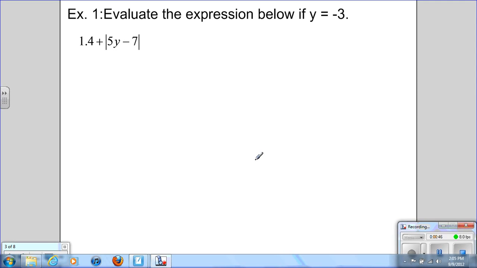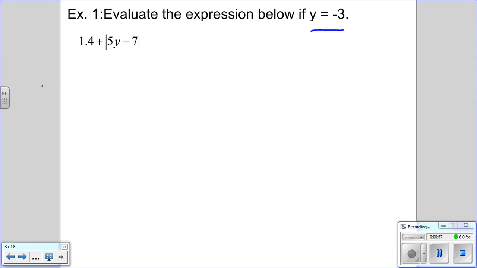Let's try evaluating an absolute value expression. So 1.4 plus the absolute value of 5y minus 7, and we know that the y value up here is negative 3. Okay, that's given to us. So let's plug in negative 3 for y and see what our answer is. 1.4 plus the absolute value of 5 times negative 3